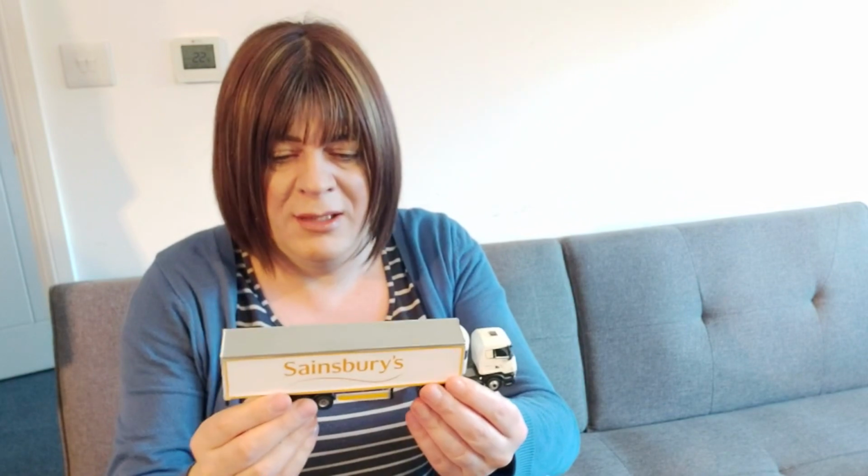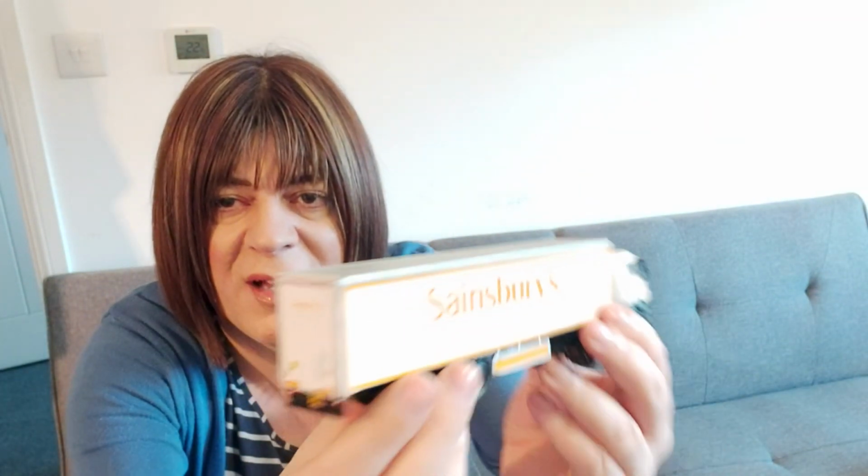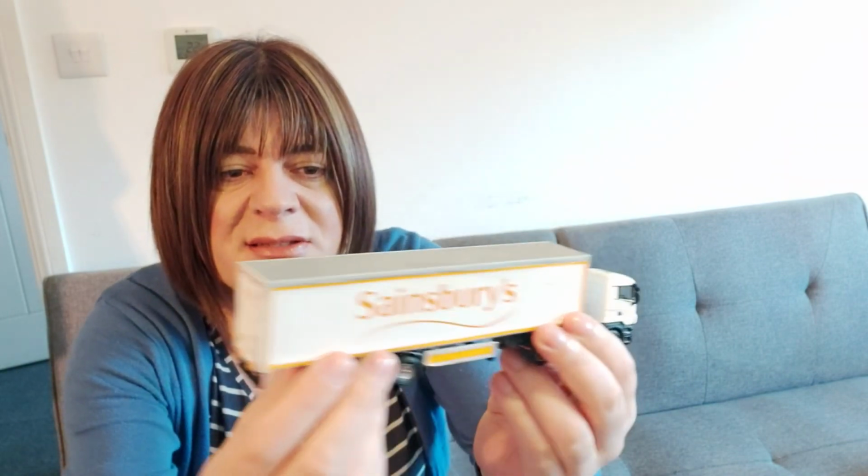I know exactly what I'm going to do with it, because I've got the Sainsbury's Arctic currently, and actually, hang on there and I'll show it to you. So I've got this Sainsbury's Arctic lorry which I've converted, and that's how it is. This was another trailer, and I converted it from, I can't remember now, but I did do a piece on it on one of my earlier videos. And when I bought it, it came with a different tractor unit, and what had happened is I ended up buying this one,